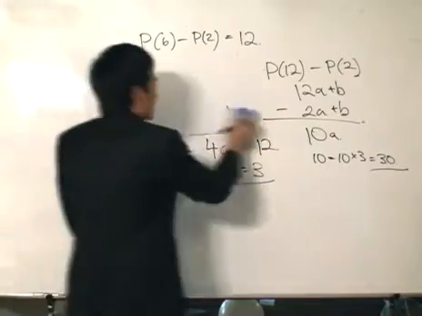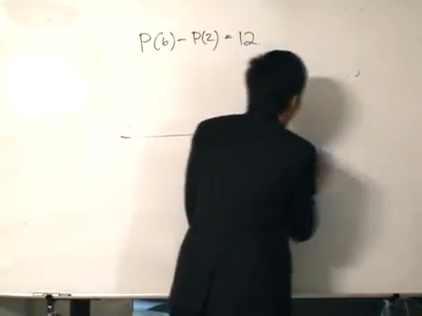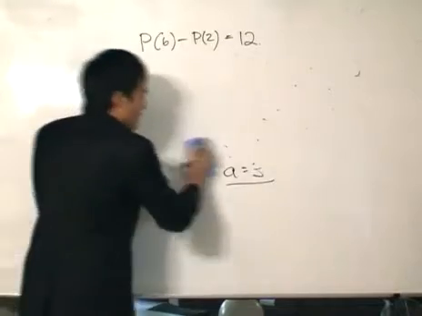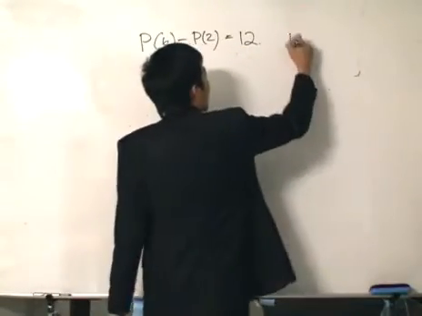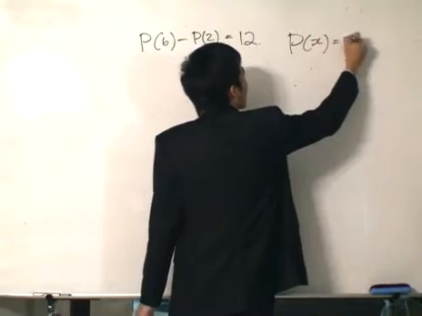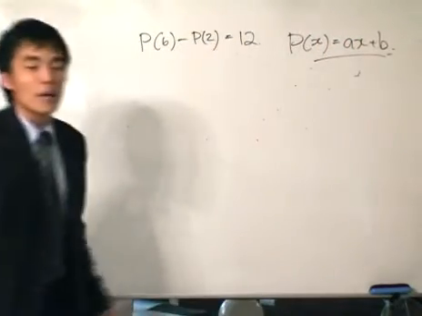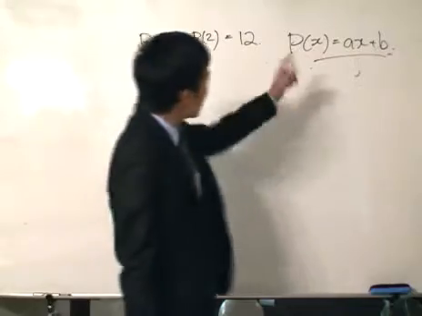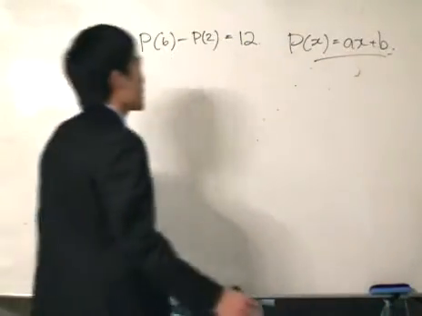Now, let's look at it a bit deeper, because that's what I always like to do: take the questions a step further. What do we know about linear equations? Can you tell me? The linear equation we wrote again is P(x) equals ax plus b. So looking at ax plus b, what can we tell from it? We can immediately say that it's a straight line with gradient a and intercept b.